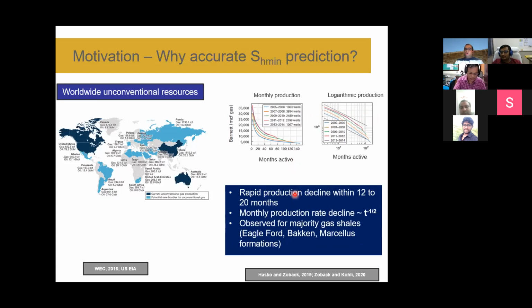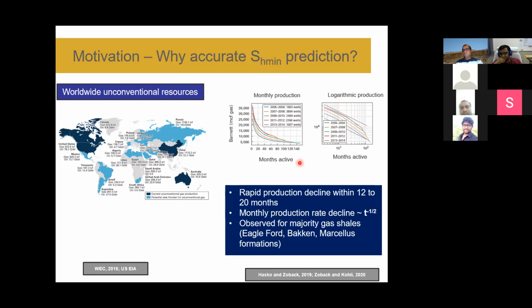So the main point coming from this kind of analysis is that there is a rapid production decline. Several assumptions can be made. One of the reasons is that when we create hydraulic fracturing and the propellant is distributed, because shale is a viscoelastic material, whatever fracture we created with the propellant placement slowly closes over time. And that monthly production decline can also be modeled, as I'm showing here.